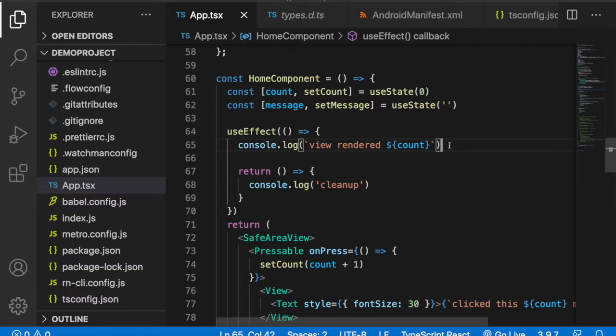So for example, let's say this cleanup wasn't happening. Let's say I'll just say clean up the count 1, for example. And over here I am just saying, in the view render, subscribe